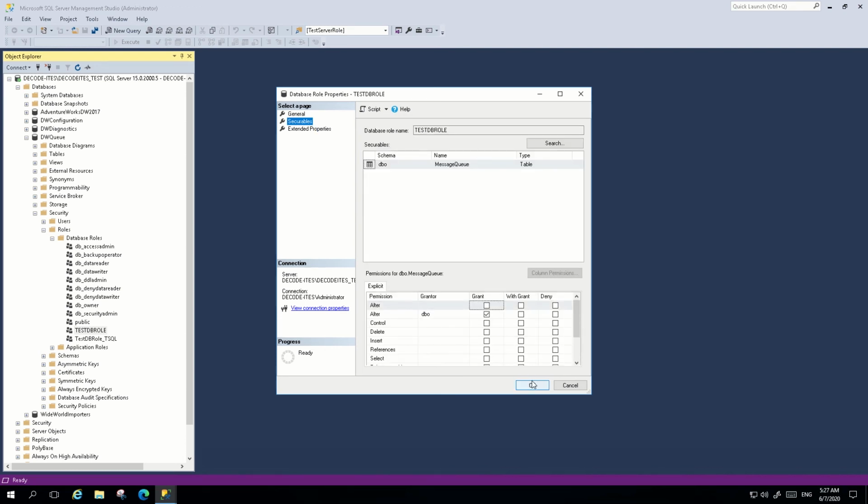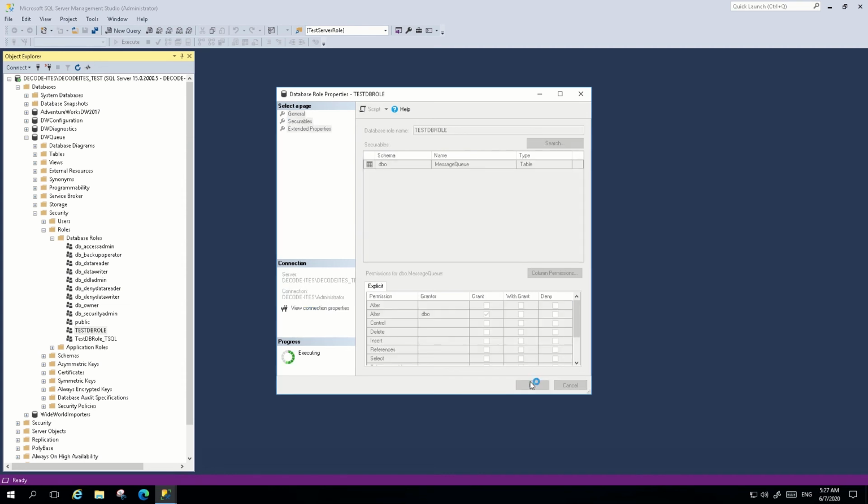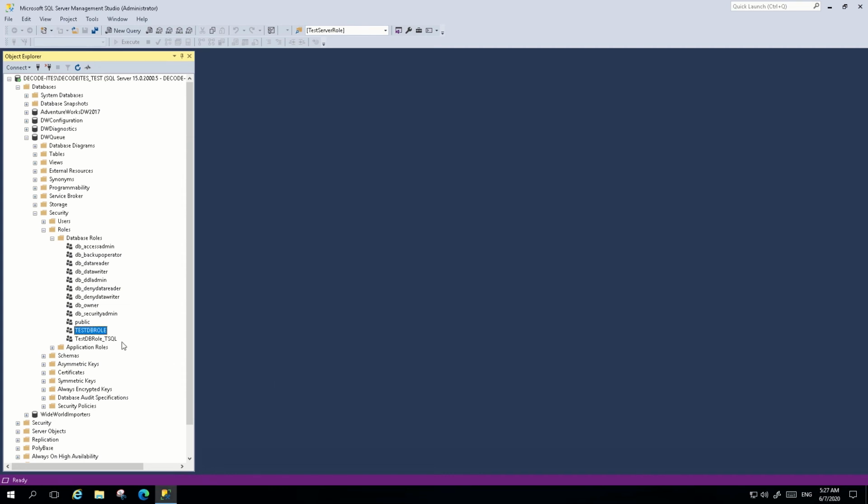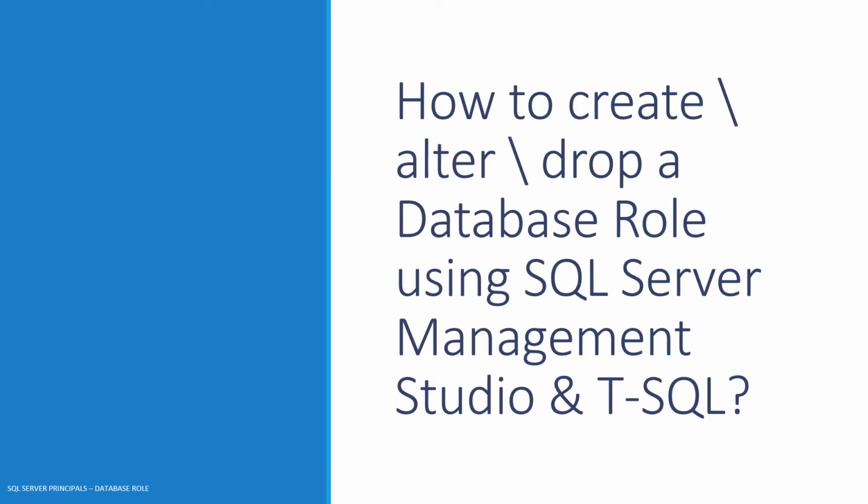It will save with the new properties. To delete a role, you just need to right-click on the role and you can see the Delete option, and it will delete your role. But before dropping a database role, I will ask you to review that no database principal is a member of this role. Otherwise, that principal will no longer have the permissions of this role.